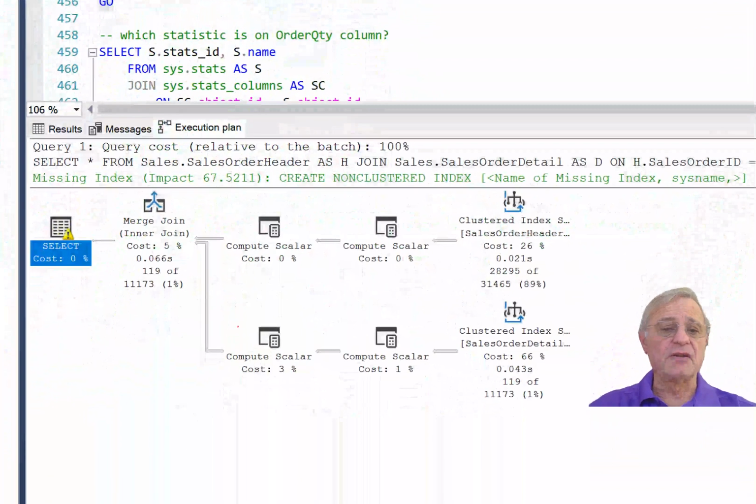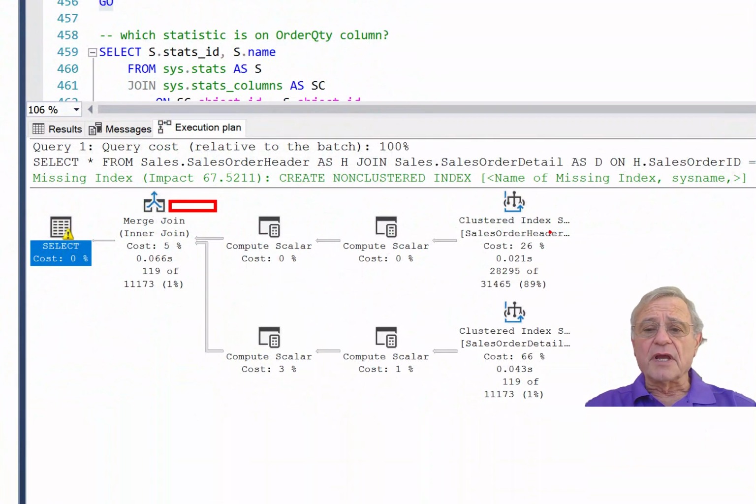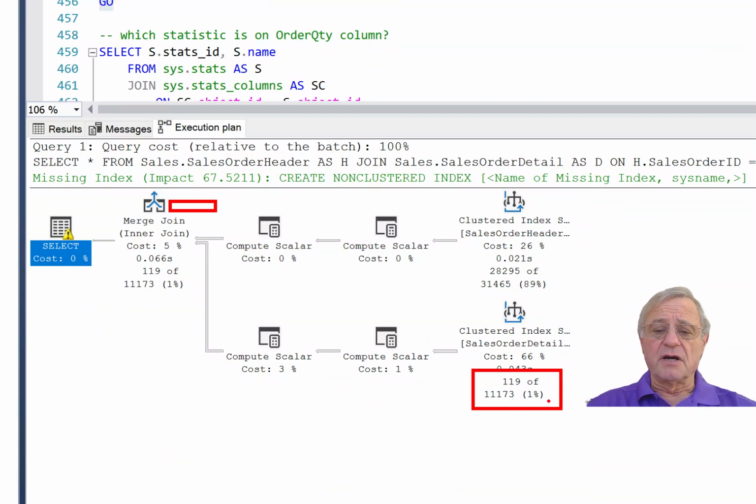And also note the plan. Notice that it's a merge join. Okay, here is the header, here's the detail. It estimated 11,000 rows, but got 119. So that's way off. And because of that, it came up with this merge join. And had it had 11,000 rows, a merge join probably would have been an appropriate